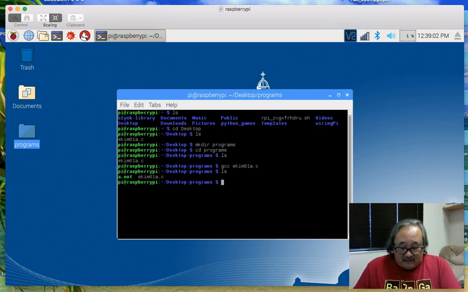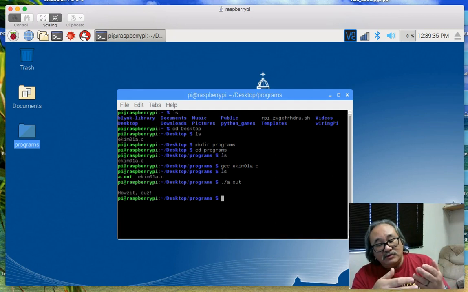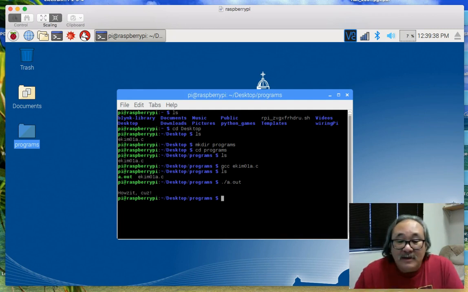So you can execute a.out. So the way you execute a.out would be ./a.out. Oops, .out. There it is. Right? Now you can also take ekim01a.c and create a unique executable file name. Because what happens is, if you just do a gcc whatever file name .c, it's going to overwrite the executable file onto a.out. Okay, so a.out is always going to be the most recent executable file of the particular program that you compiled,